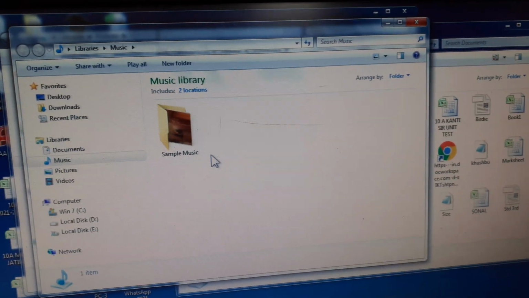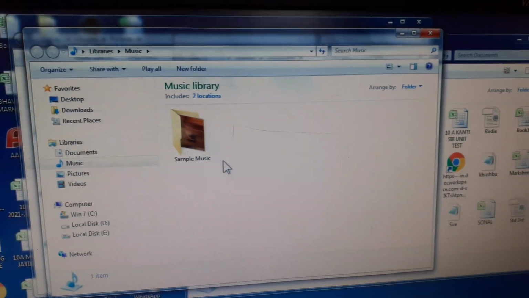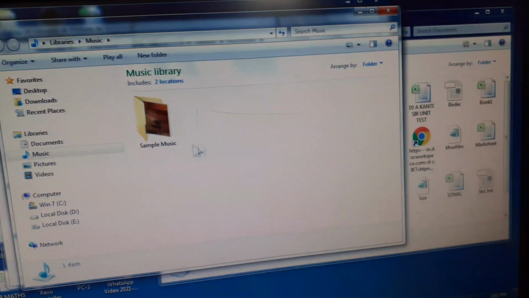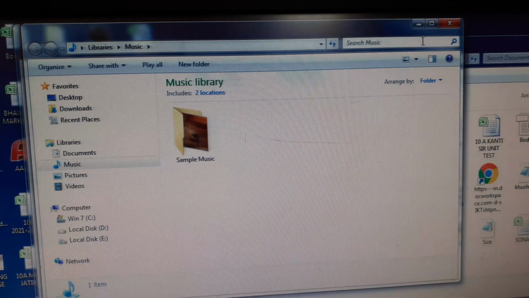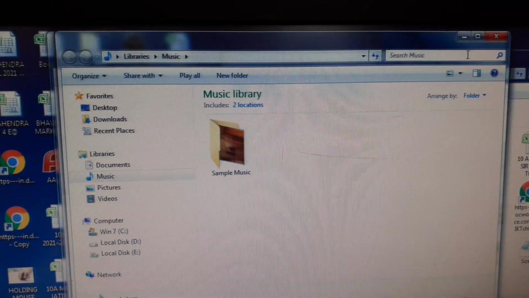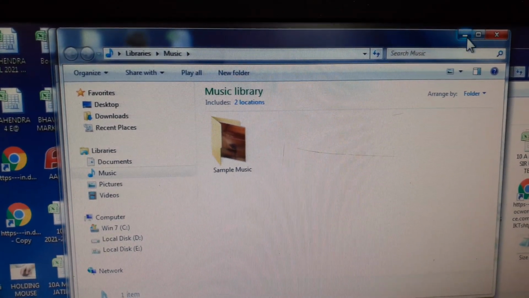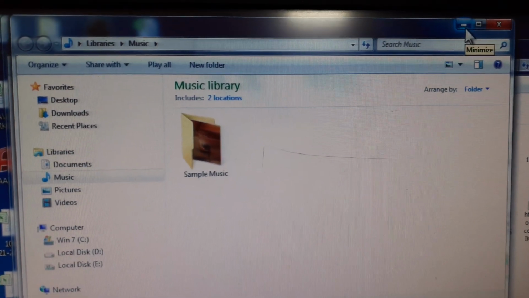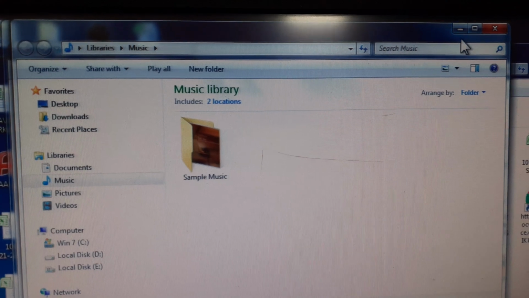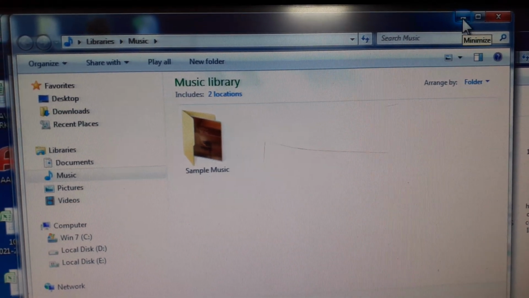Now on the title bar of the music window, click on the minimize button. So this is the title bar of the music window, right children? Now where is the minimize button? So this is the minimize button, you can say. See here, this is the minimize button, right?